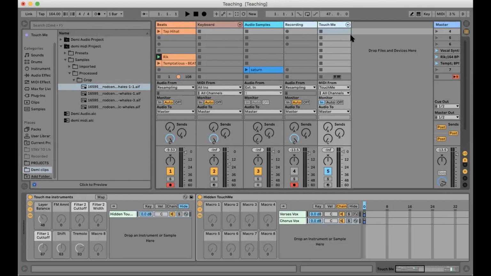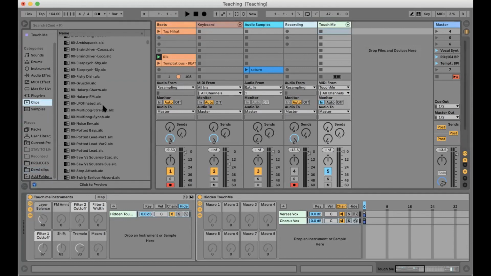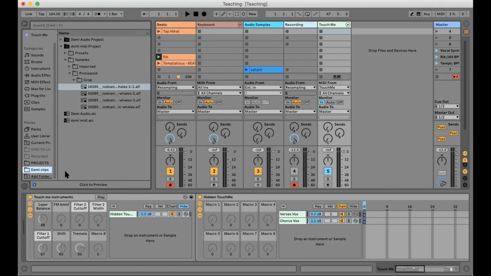You go to your Touch Me channel and you go to the scene that you want to apply it in, and you create a dummy clip, an empty clip that has no sound. You can search for one here for a MIDI clip because again, Touch Me is a MIDI device. I already have my shortcuts. It's very useful. I'm just gonna drag and drop here